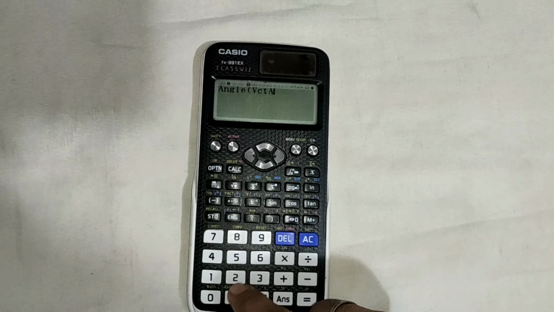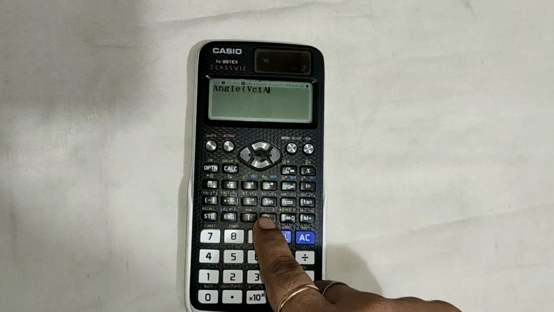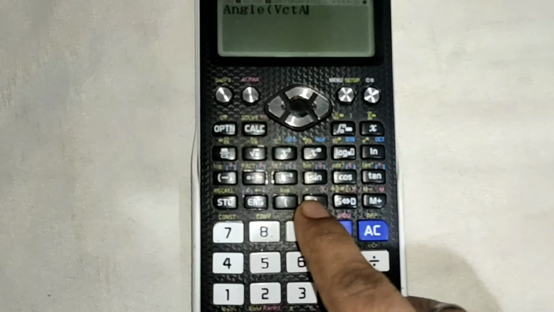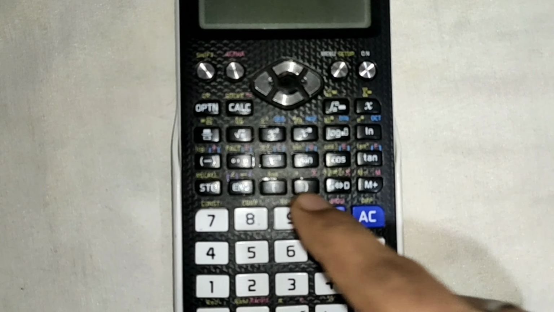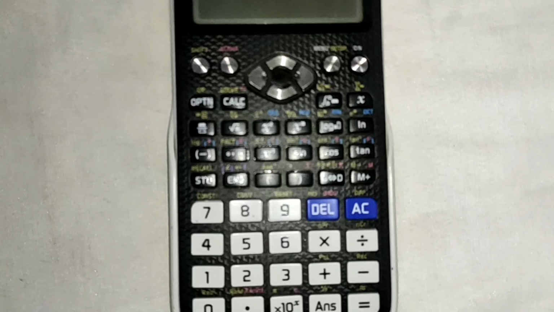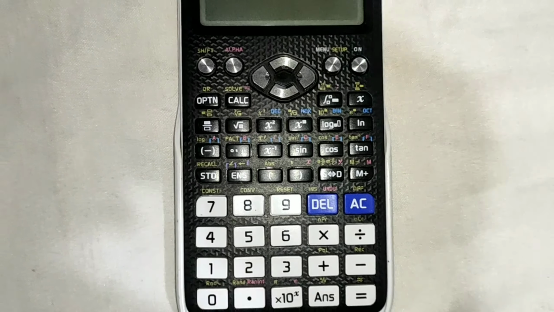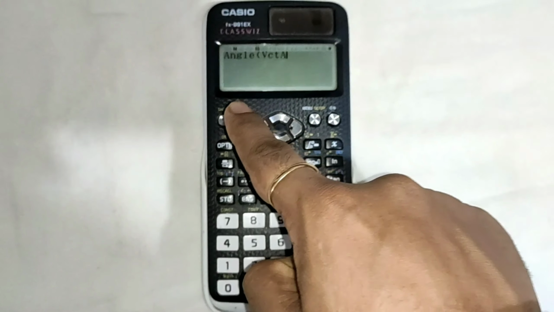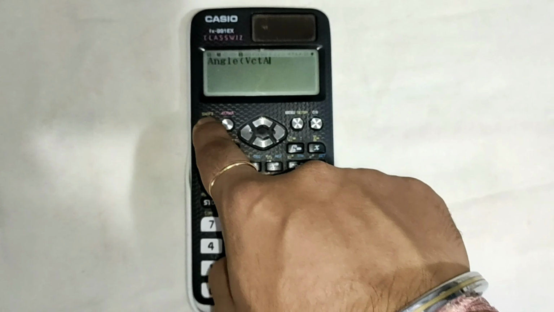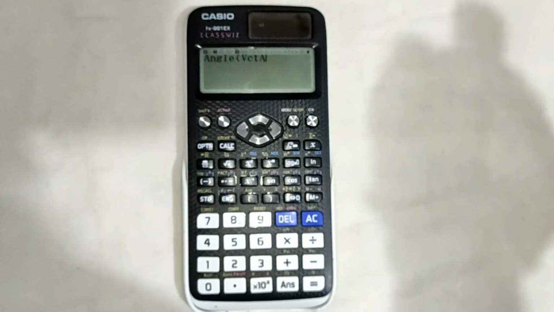Then we need to insert a comma. This is where the comma is defined, as you can see, but it will be activated after shift. So first press the shift key and insert the comma,